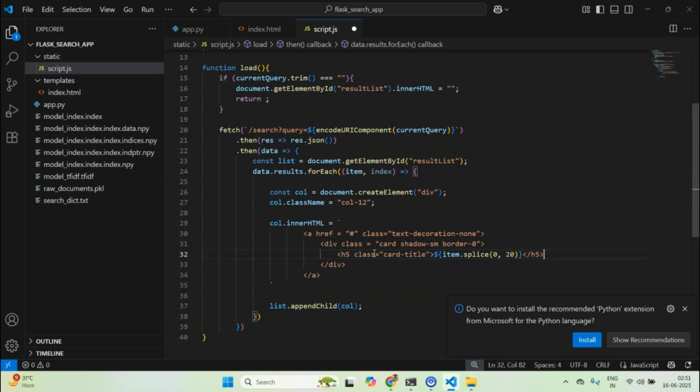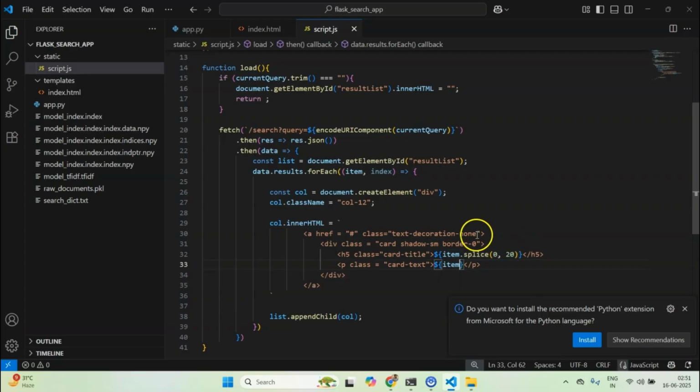And finally I'll create a paragraph tag, and this paragraph tag will have class card-text. So these are self-explanatory. I'll copy this entire thing, and here I'll just put item as it is. Nothing needs to be modified.